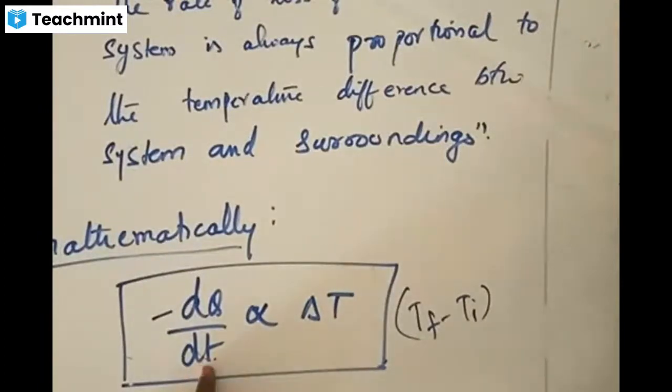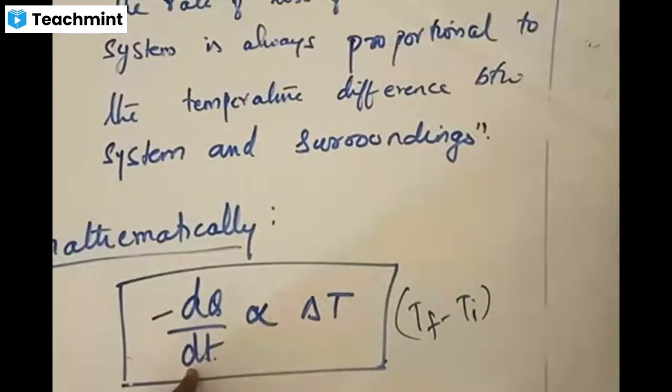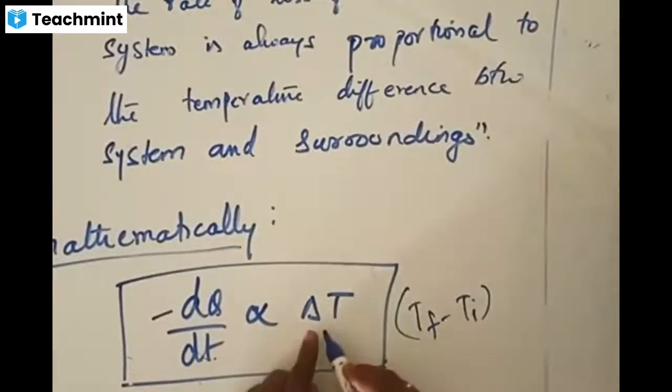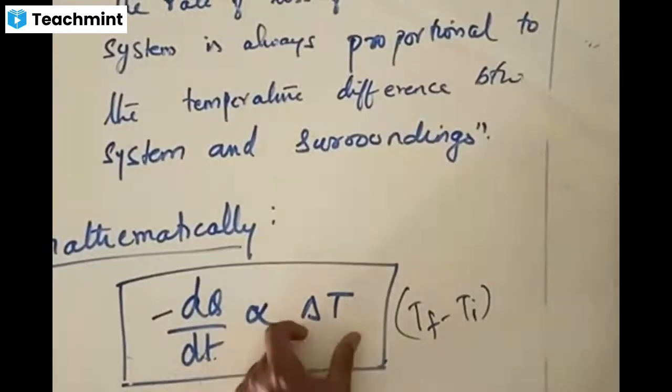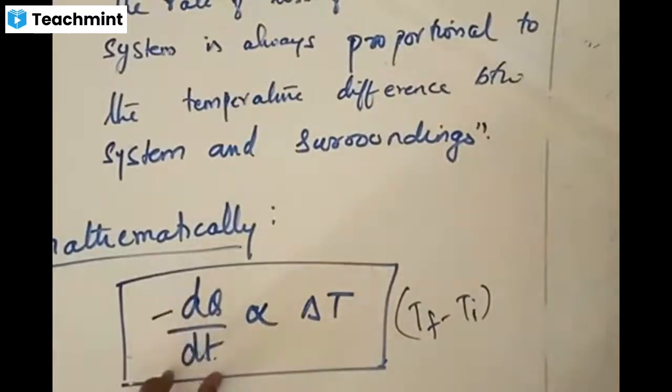Here dt is change of time, dq is change of heat, delta t is change of temperature. Small d always indicates differential changes, small changes. Delta t indicates a finite change, final value minus initial. This is a small change of heat for the small change of time interval. That is, loss is shown by means of the negative sign. Mathematically you can put it like this.